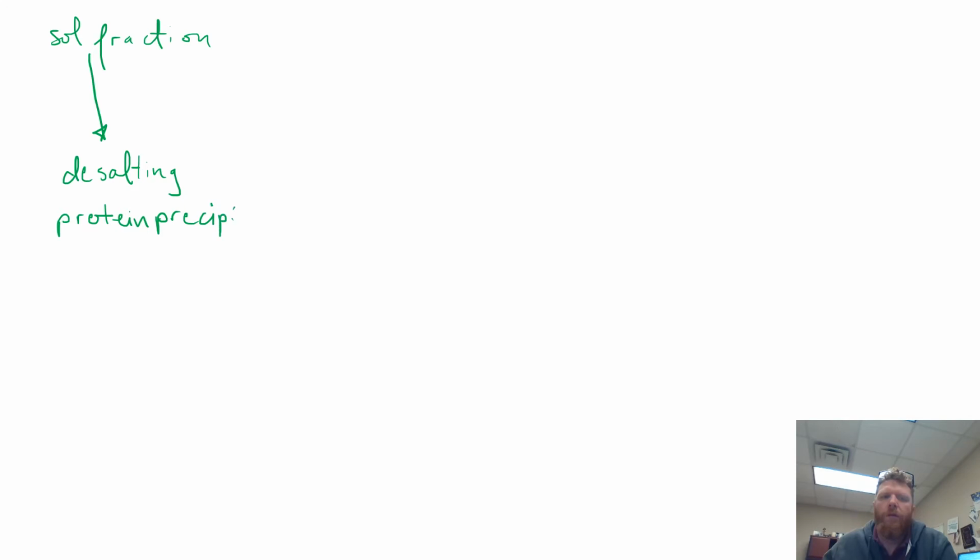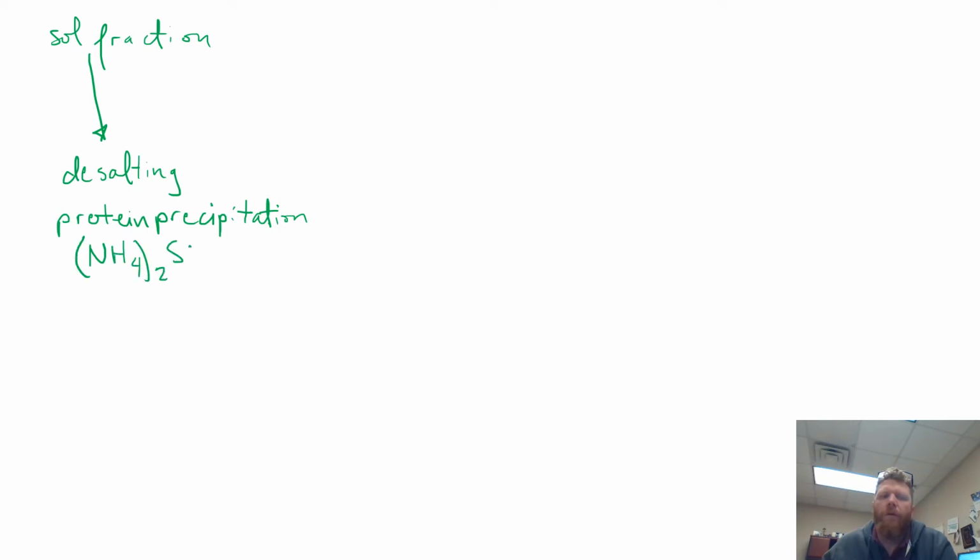Now, after you've collected your soluble fraction from the centrifugation step, you can begin doing some things with that. So you have a soluble fraction. And with this, you can go in a couple of different directions. One, you can do a process known as desalting. This is also known as protein precipitation. And you can use a salt like ammonium